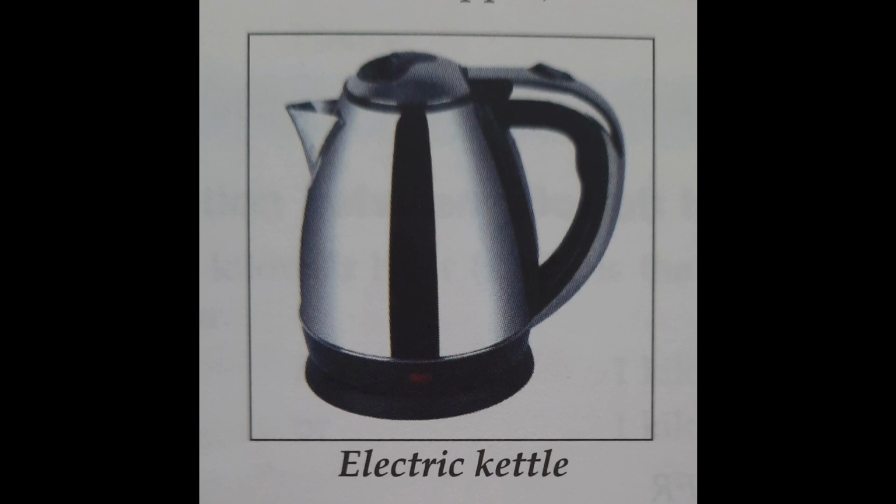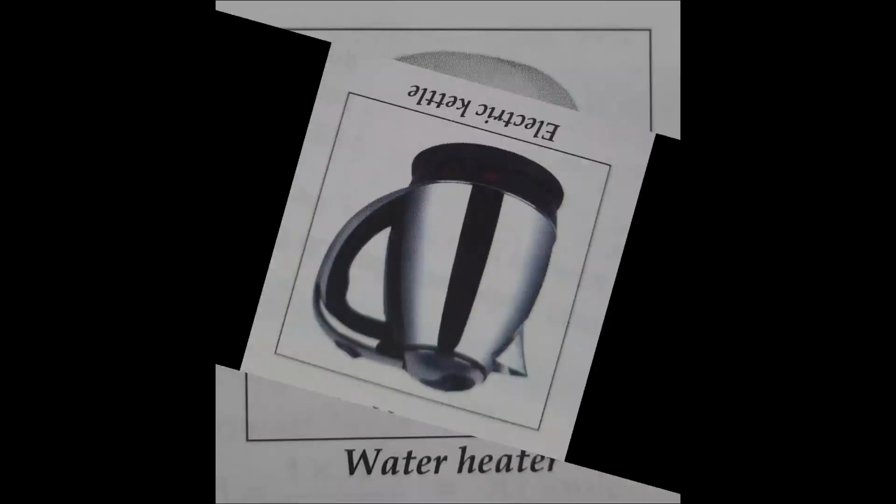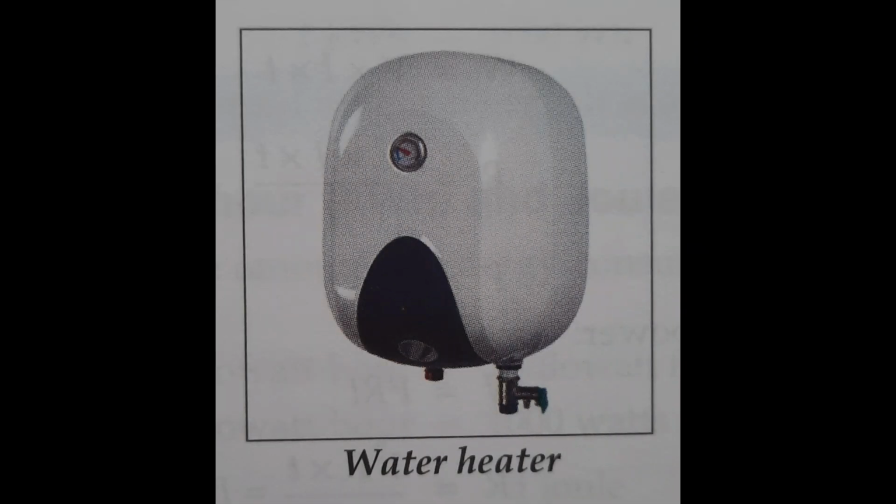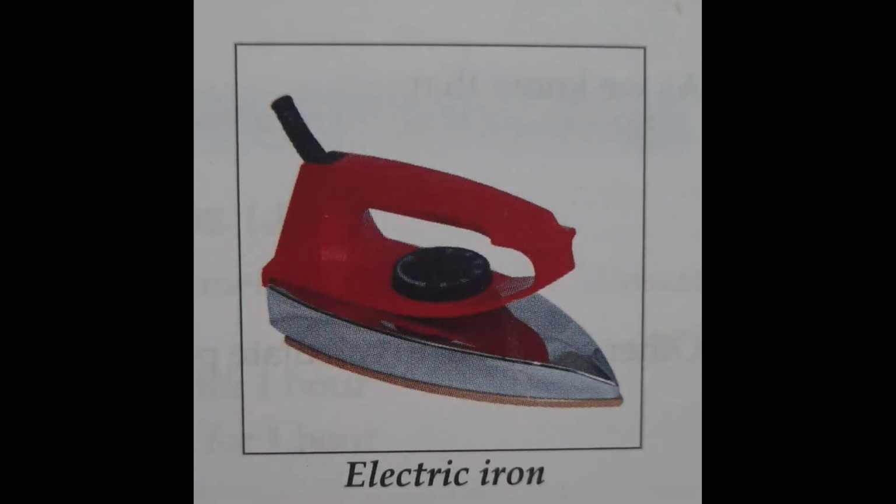Applications of heating effect of electric current. First one, the heating effect of electric current is used in electric kettles, water heaters, electric irons, etc. All these heating appliances contain a coil of high resistance wire made of nichrome alloy. When these appliances are connected to the power supply by insulated copper wire, a large amount of heat is produced in the heating coil due to the high resistance they have. But a negligible heat is produced in the connecting wire of copper due to the very low resistance of copper.